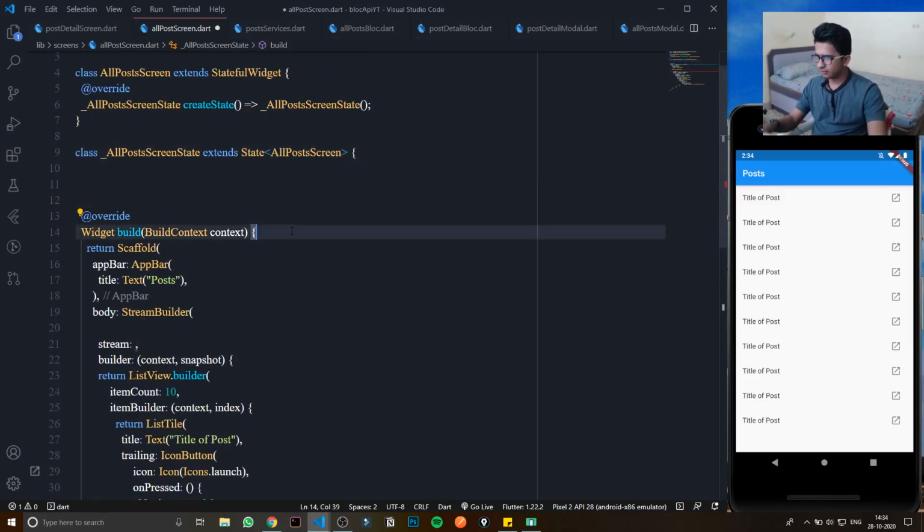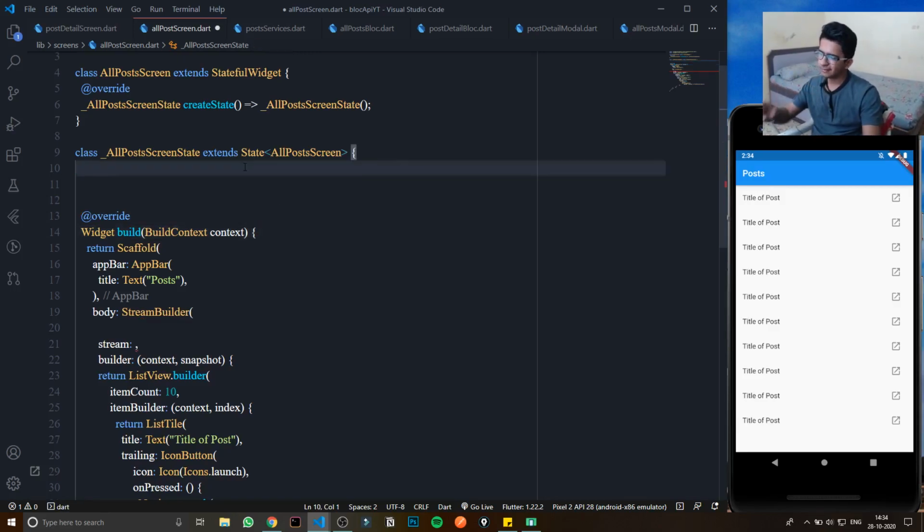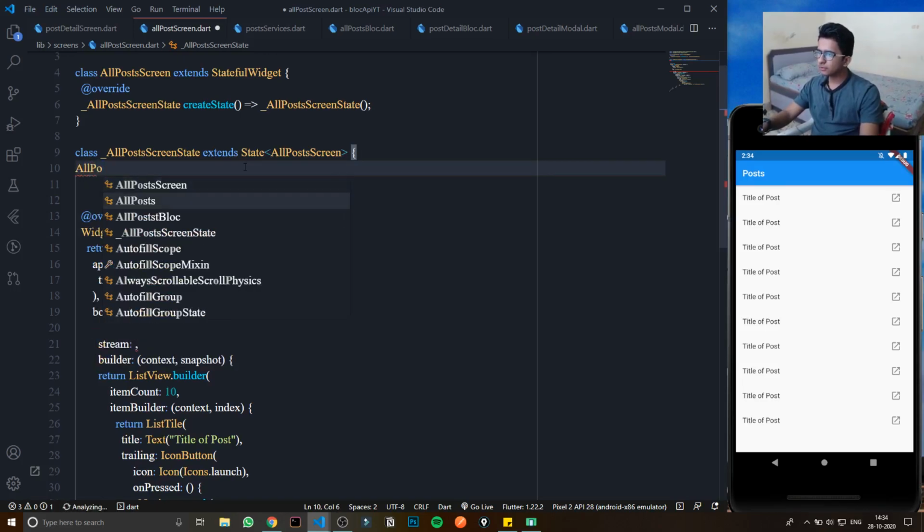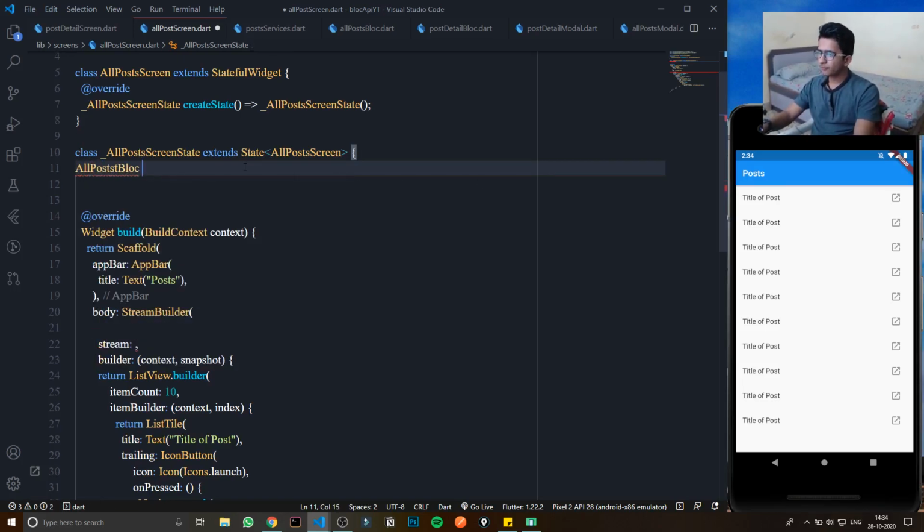I can create it here itself: allPostBloc equals to AllPostBloc open close bracket.